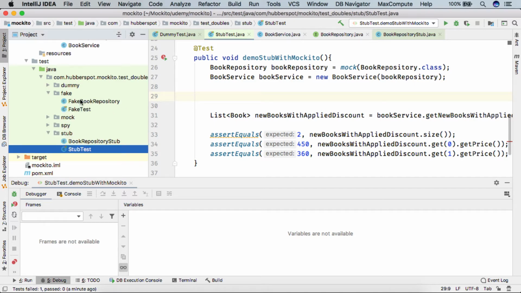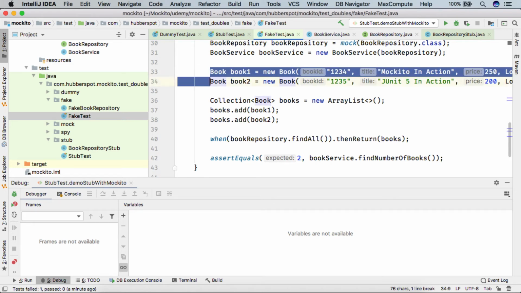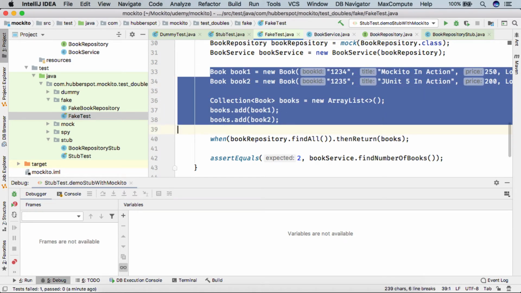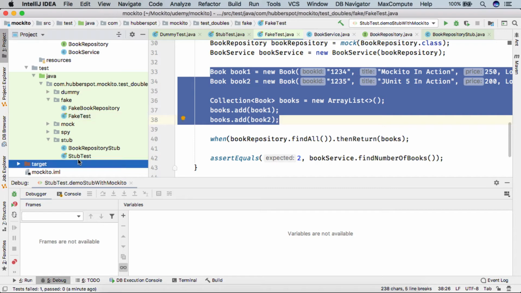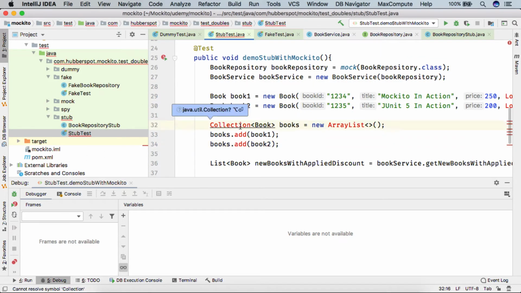As we did in our fake book repository, we created a list of books. So we'll copy this part. We'll create this collection again. We'll give it a name as new books.